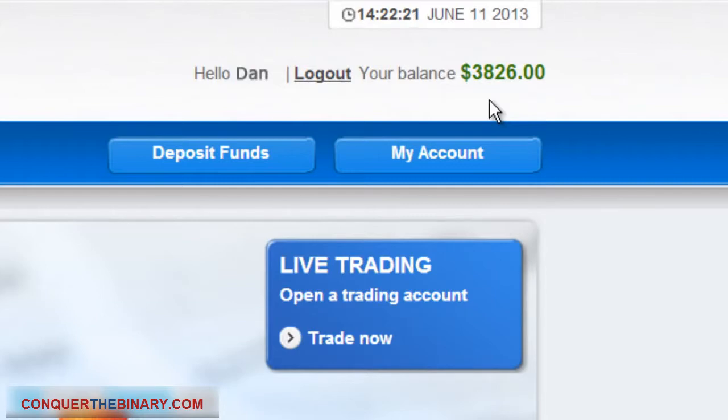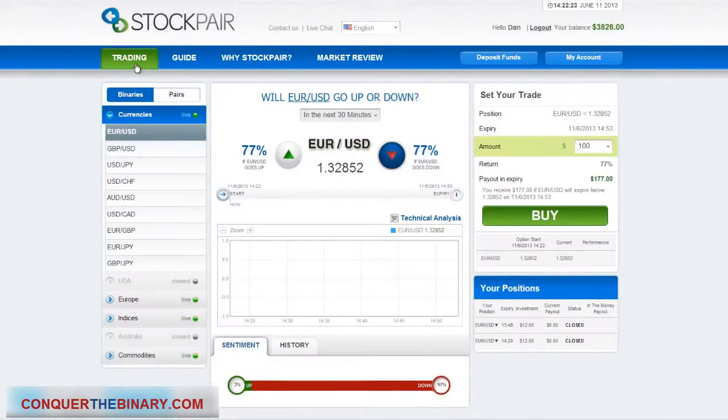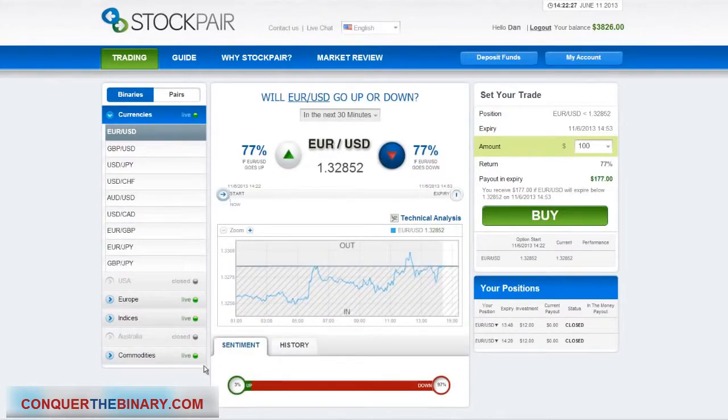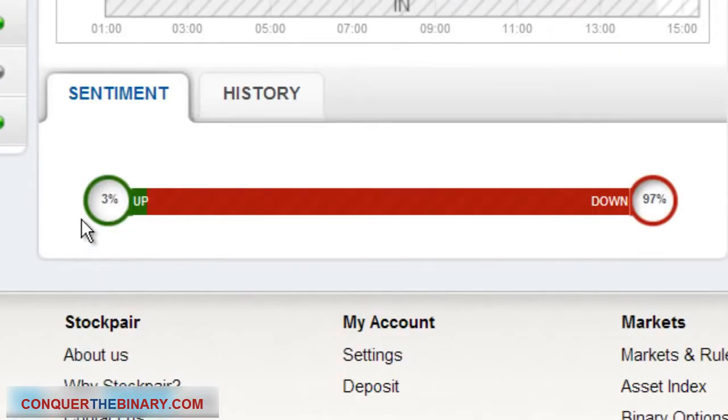using this system. The first thing you need to do is we're going to click on the Trading tab. I'm going to select the Euro USD currency pair, but you can really select any currency pair available. And as you can see here, you have what is called the Sentiment tool. What this is, a social trading tool, and it tells you what direction the majority of traders are trading at